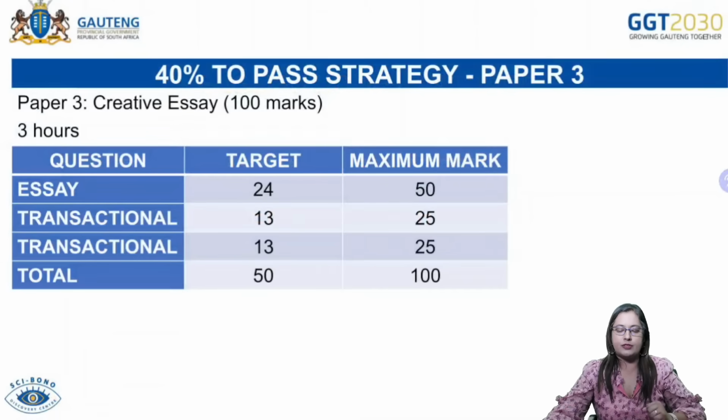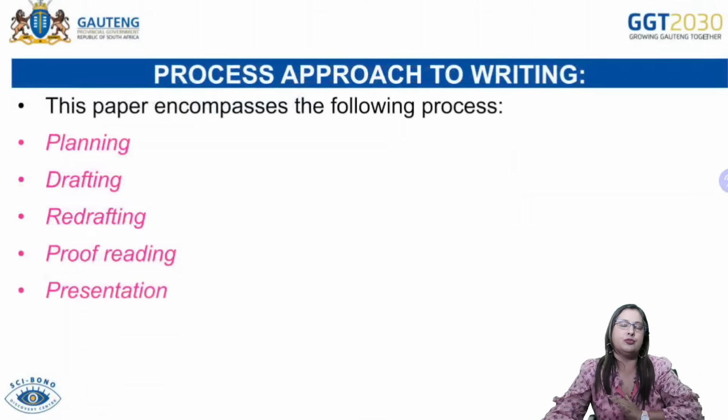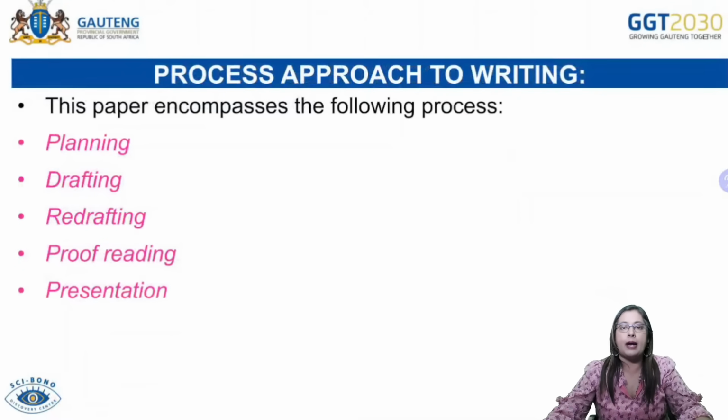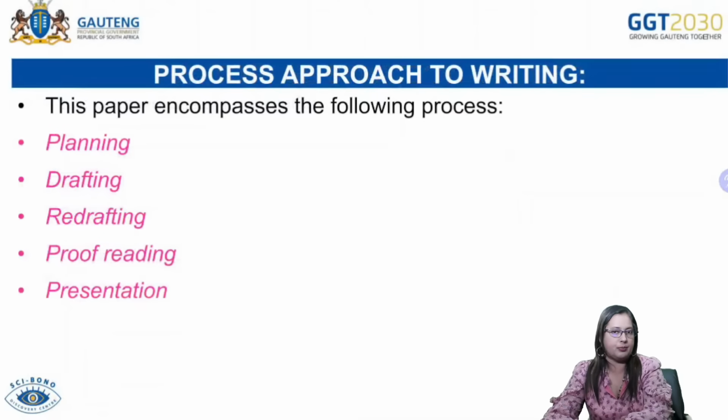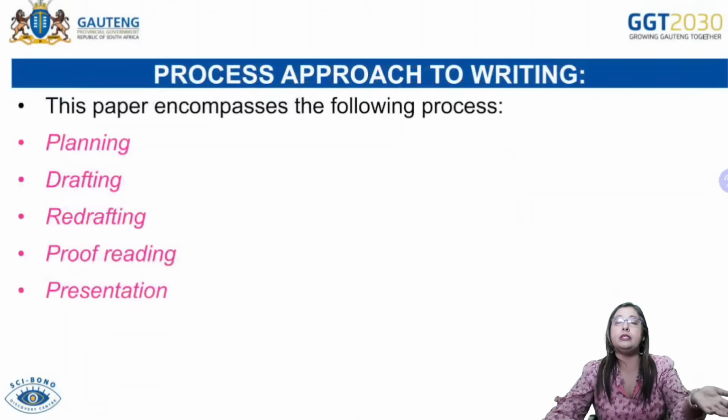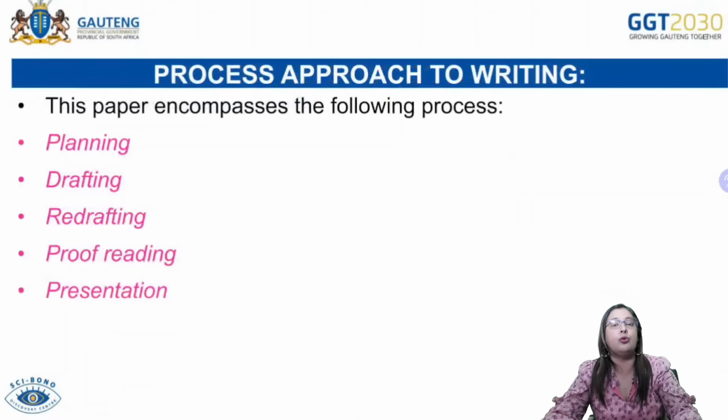All right, and thereafter, grade 12s, we have to make sure that we've mastered the process writing for this particular paper. Now, everything you do has to be planned and it has to be done correctly. All right, so the first thing about this paper is you need to ensure that your planning is done thoroughly. Now, I don't expect you, or the examiners don't expect you, to go and do a mind map, a full draft, and then a final piece. All right, your time is going to be obviously short to do all 3 of those things.